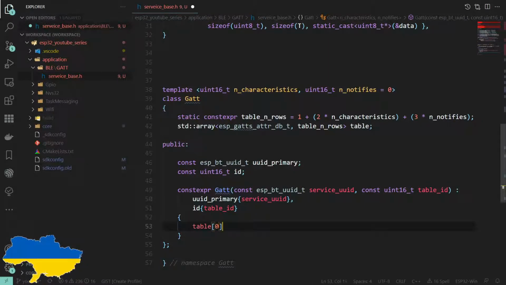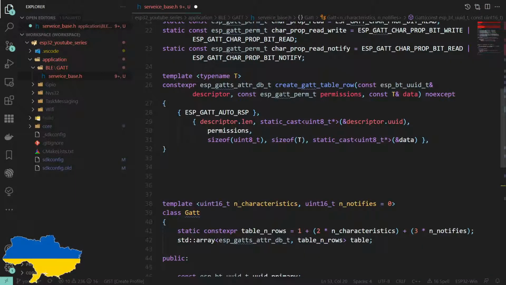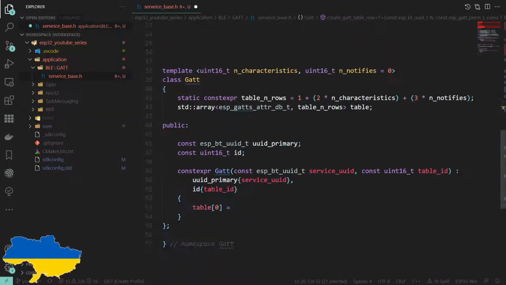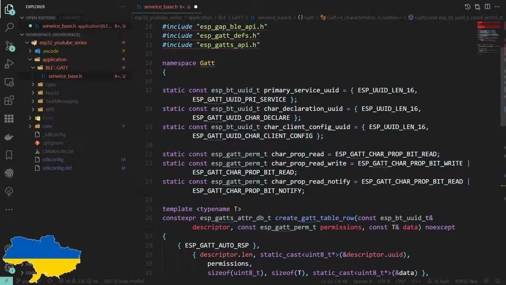So the first row of the table, I've already sort of said, is the service definition. So we can create that by creating a row, which takes the primary service UUID,